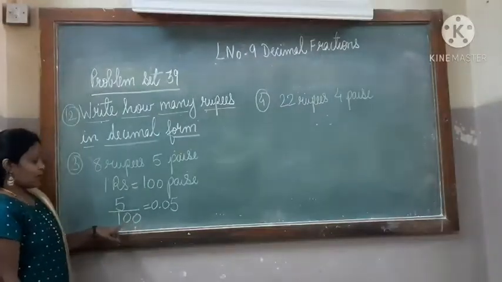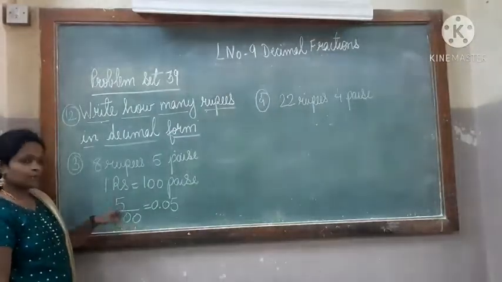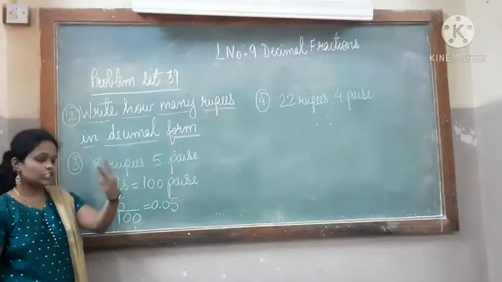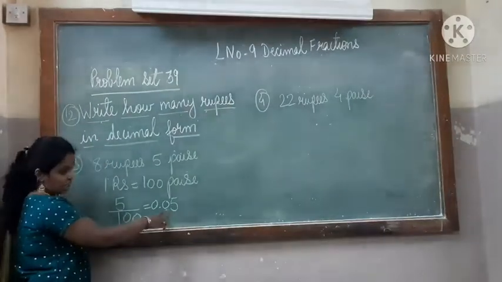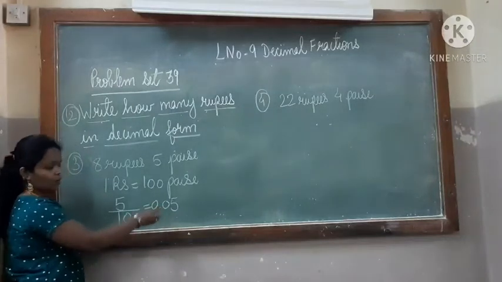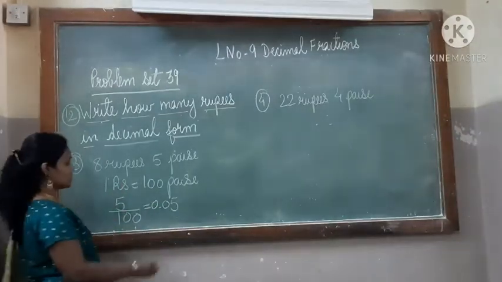If 5 upon 100 is given, you have to see the number of zeros. There are 2 zeros, so the decimal point will come after 2 digits. So I wrote 5, I added the 0 for making the 2 digits, I put the decimal point and wrote 0 here. So what will be the answer for this? The answer for this will be